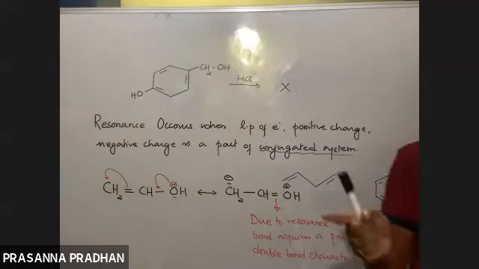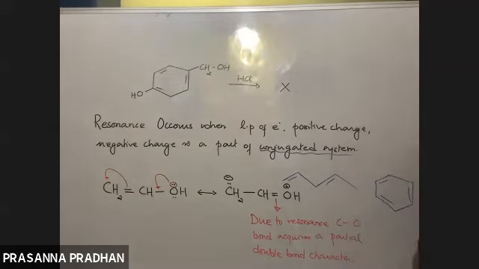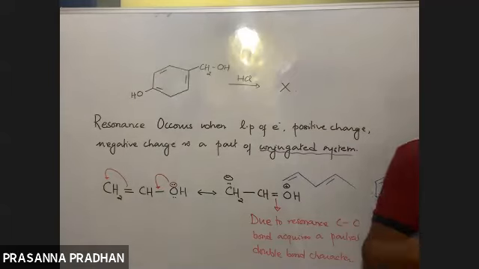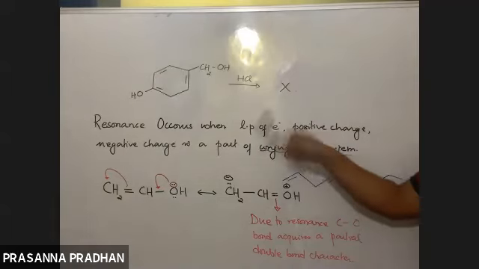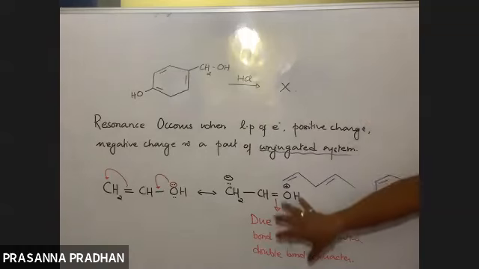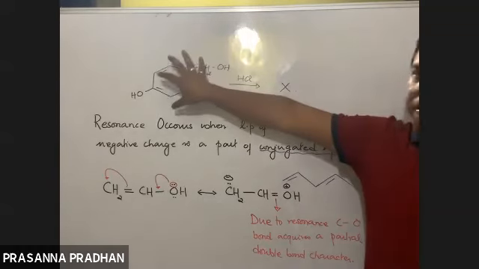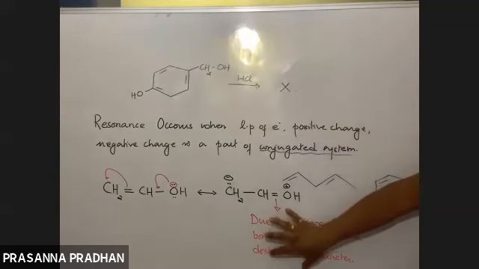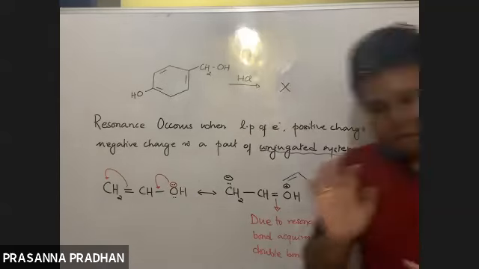So whenever there's a possibility of resonance, you see whether resonance occurs or not. How will you see? Resonance occurs when these conditions are satisfied, right? And if resonance occurs, if there is a double bond character, then that bond cannot be easily broken. Now let us apply this concept to this particular problem.